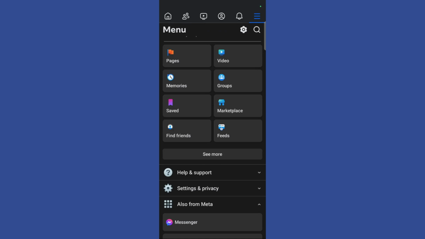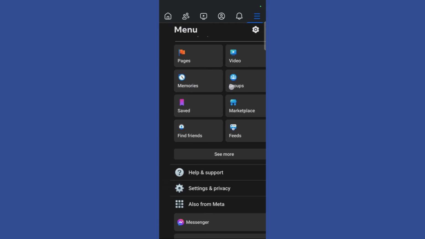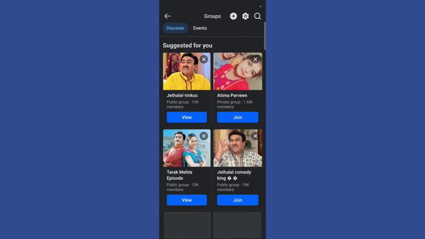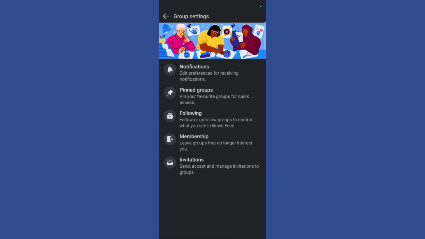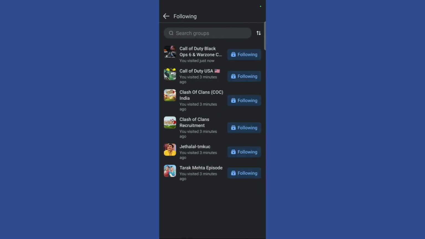Once you've clicked here, you can see this groups tab right here. Simply click on this groups tab, and from here you can see this settings icon at the top corner as well. Simply click on the settings option, and from here you can see the third option which says following. Simply click on the following button,